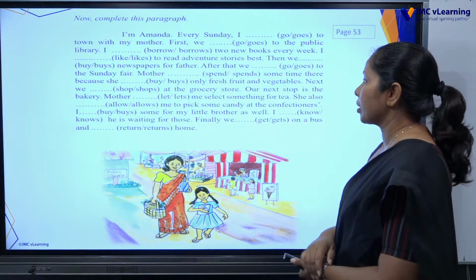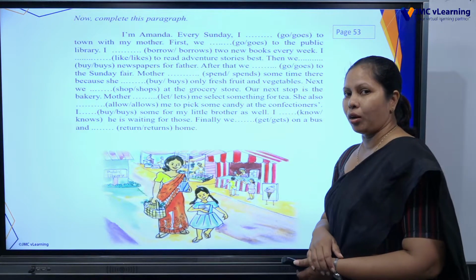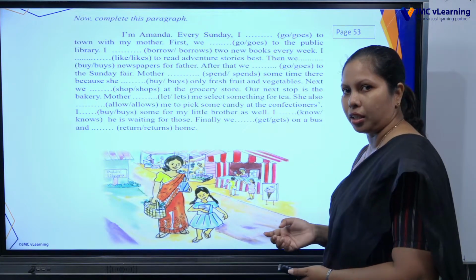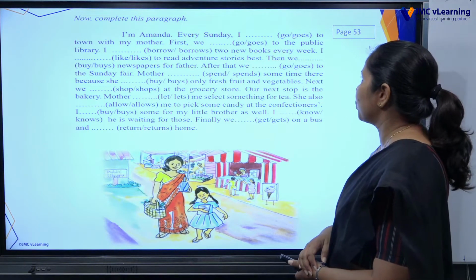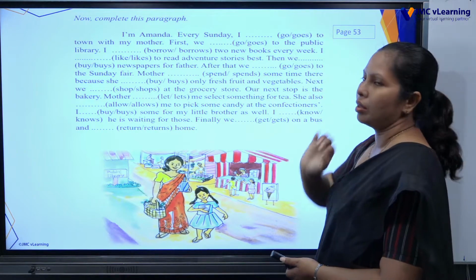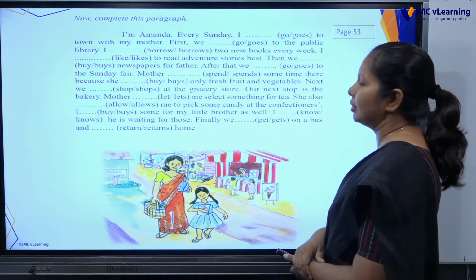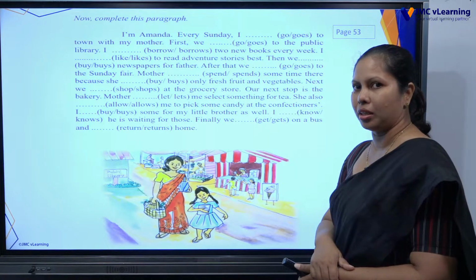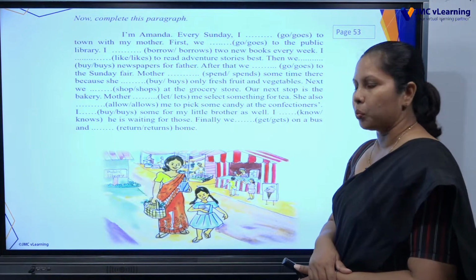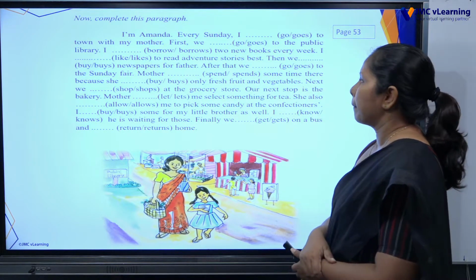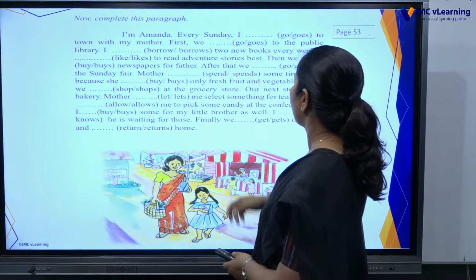If you remember, I told you, if the subject is singular, we use the verb with the S. But here, I is singular, but normally with the pronouns I and you, we use the plural verb. So we take every Sunday I